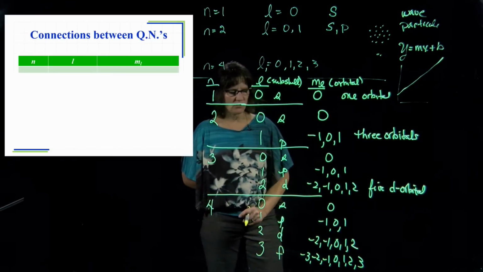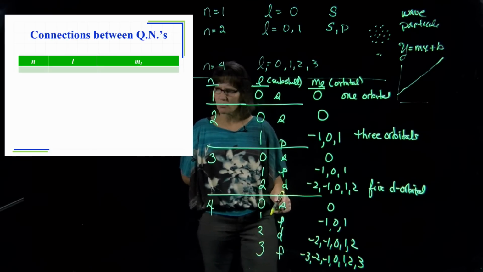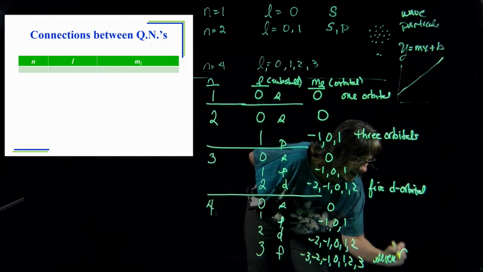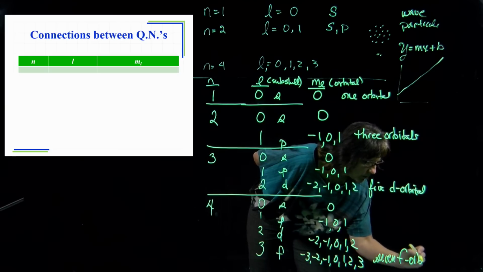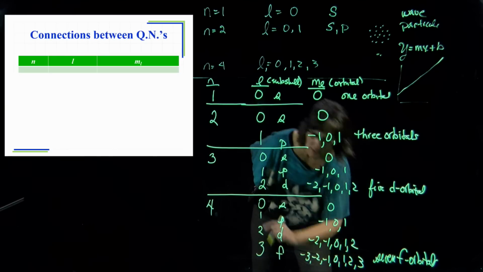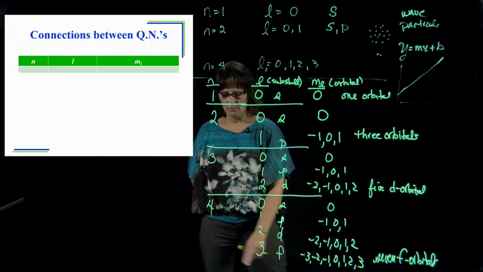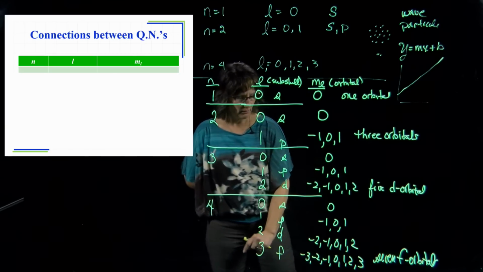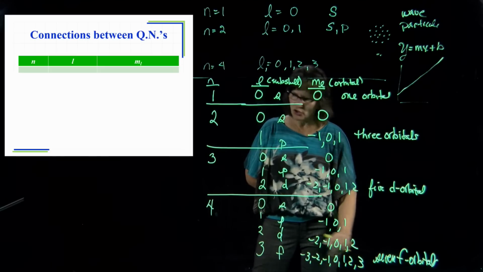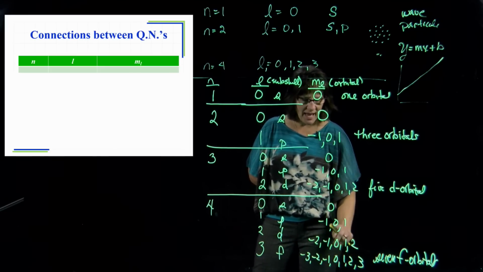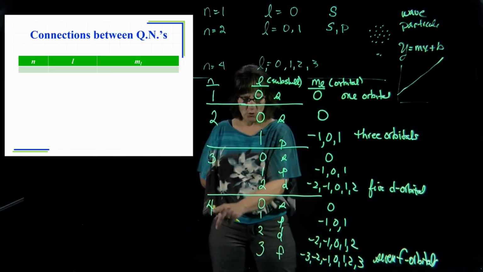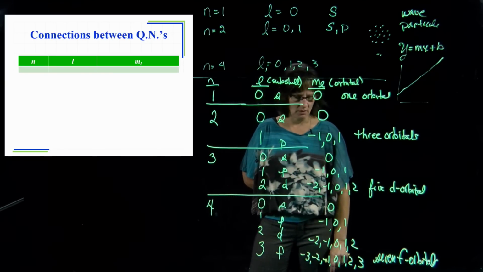How many numbers do you see there? Well, there are 7 numbers written there. So there are 7 F orbitals in the F subshell. So when you have N of 4, L of 3, and any one of these you could choose from, you have defined a specific orbital that an electron lives in the 4F subshell.